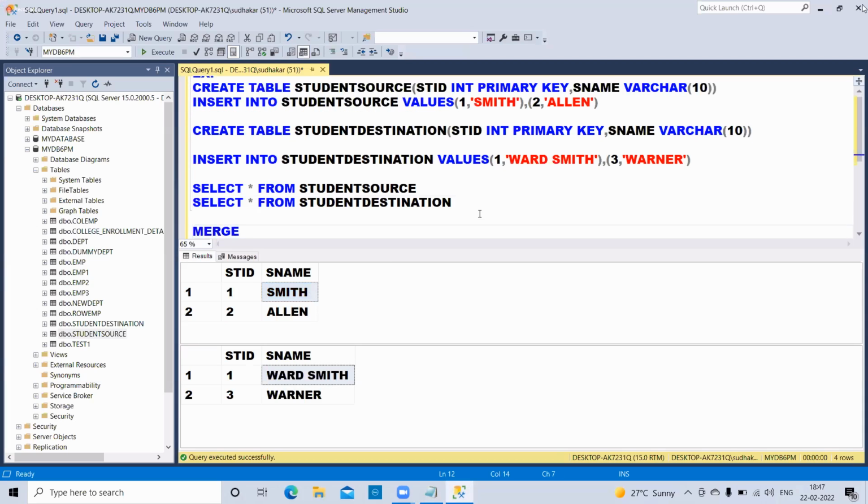Let me see, merge into, what is my destination table? Can you tell me, guys? Yeah, my destination table is student destination. Okay, and here I'm taking one alias name, D is the alias name of the student destination table. Okay, fine. And after that we are going to be using the